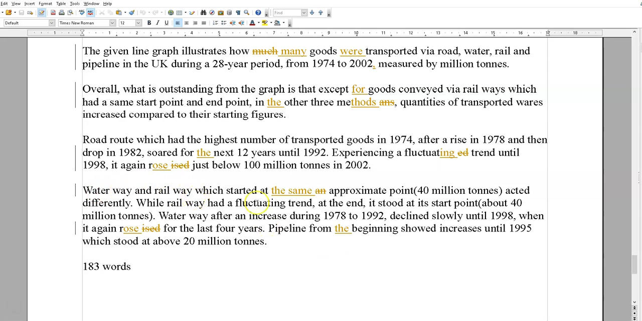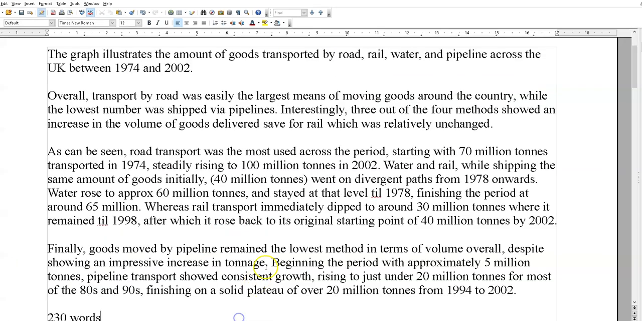Okay, now this is more logical. This is more or less how I approached it. So road, water, and rail. Compare those two, and pipeline at the end. It's a little bit short, 183 words. There's a lot of information there. There's quite a lot of data, you know. So that was mine. I'll just put that back there. Again, you can pause it and read it. So you need a logical